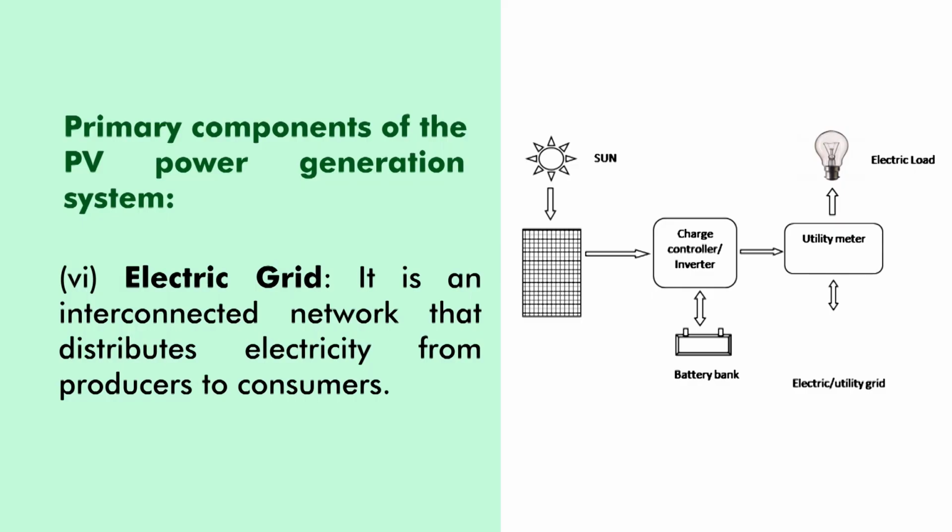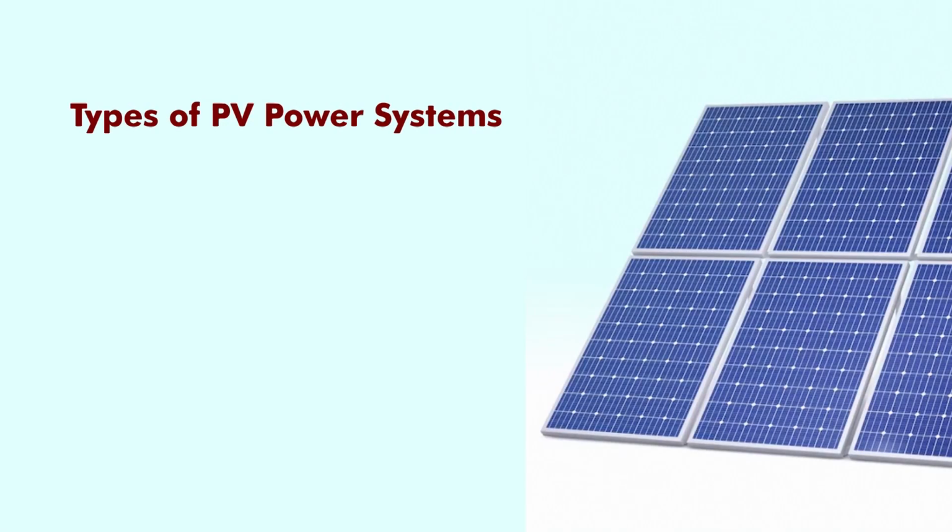A PV power generation plant also requires a variety of balance of system hardware such as wiring, overcurrent, safety and grounding equipment, storage protection and disconnect devices, and other power processing equipment, as shown in the figure. This figure depicts the main components of the power generation system as well as the relationship between them. Now we have to understand the types of PV system.